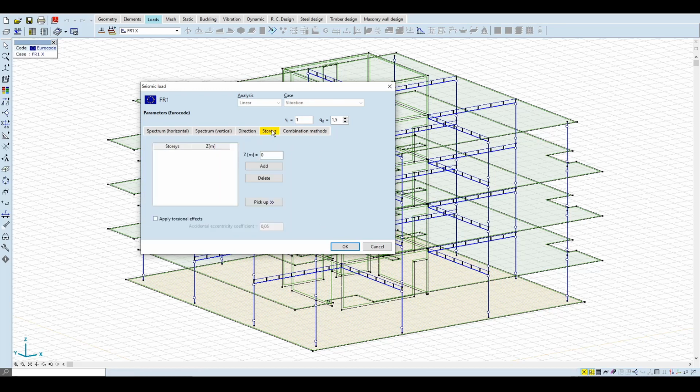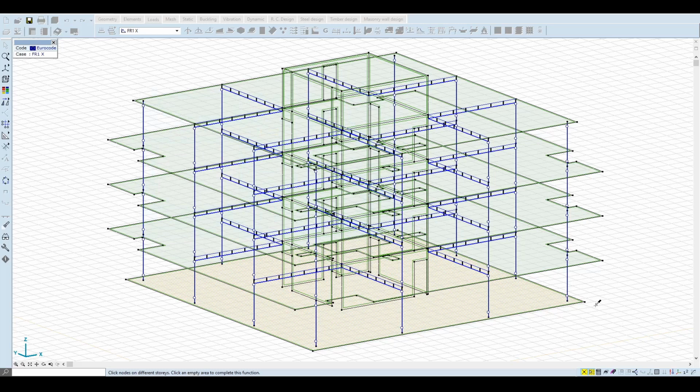We can define the stories of the building so that the program can automatically calculate the torsional effects, and after the analysis also the sensitivity coefficient for each story. We use the pickup function and we pick the different points of the stories.